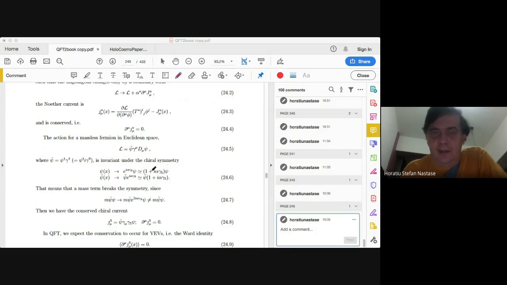And then at the infinitesimal level, if alpha is infinitesimal, then the variation of psi is i alpha gamma 5 psi. But then you see that also psi bar varies. Psi bar goes to, since psi bar is psi dagger times gamma 4,